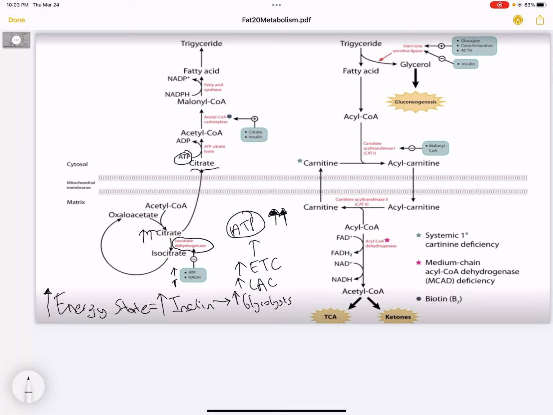Now, citrate is then going to be converted into acetyl-CoA and then malonyl-CoA. The conversion of acetyl-CoA to malonyl-CoA is done by the enzyme acetyl-CoA carboxylase over here. And this enzyme is upregulated by citrate as well as insulin. So as we said, we ate a big meal and we have high levels of insulin, and we also have high levels of citrate because we